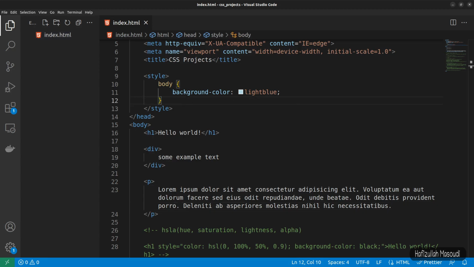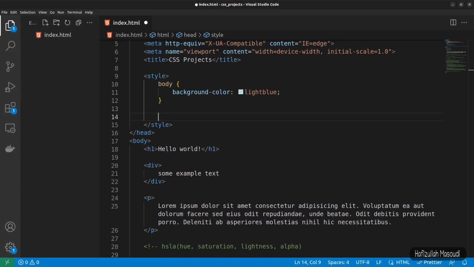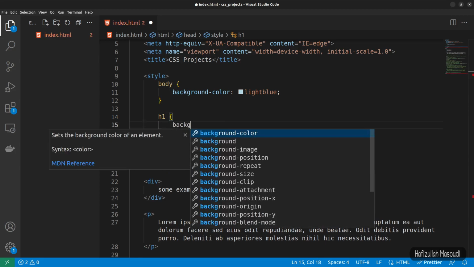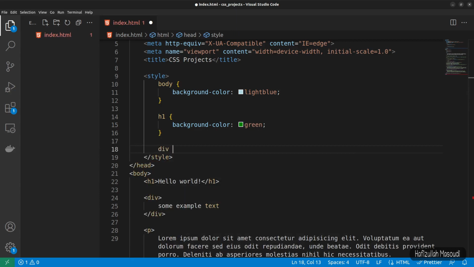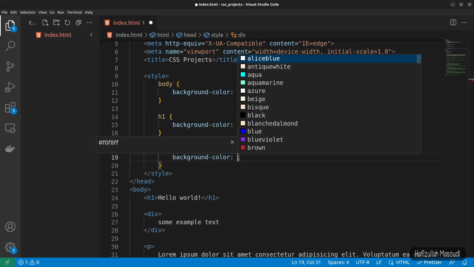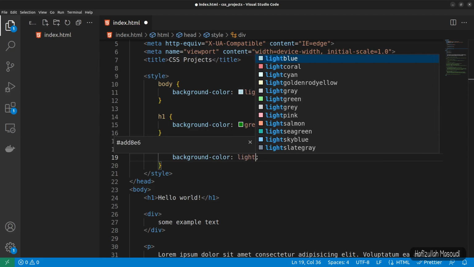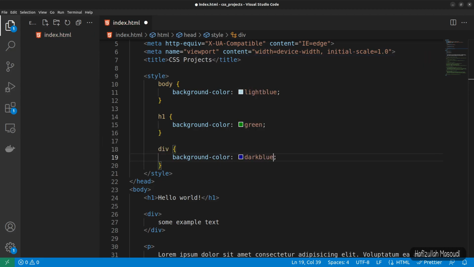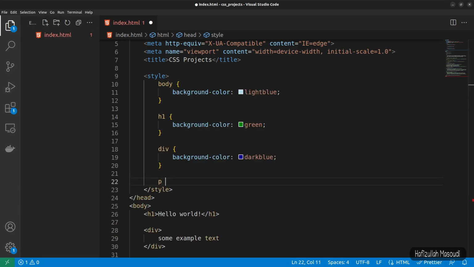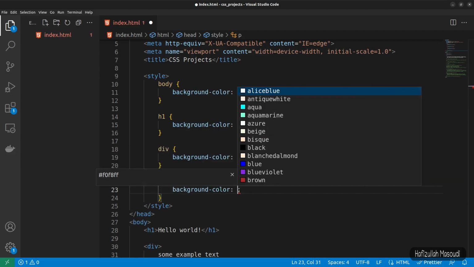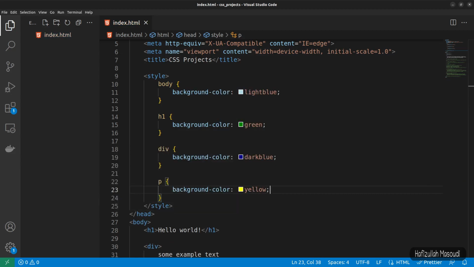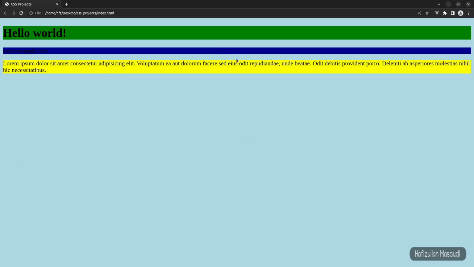So let's press enter here, guys, and first of all let's give some background color to the h1 element. So let's say background-color green, and for the div let's also say background-color, and let's say light blue, or we already have a light blue, so let's say dark blue, and next let's give some background color to the paragraph. So background-color yellow. Now if we save this, get back to the browser and refresh,